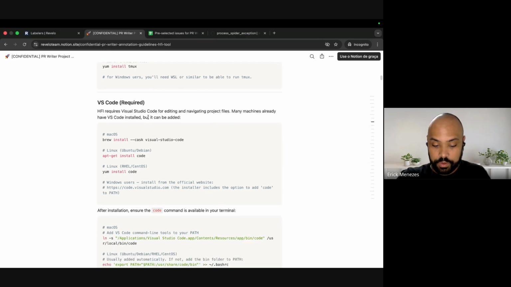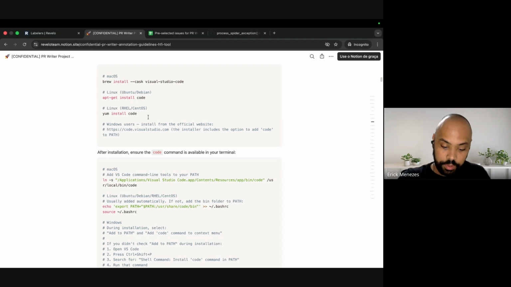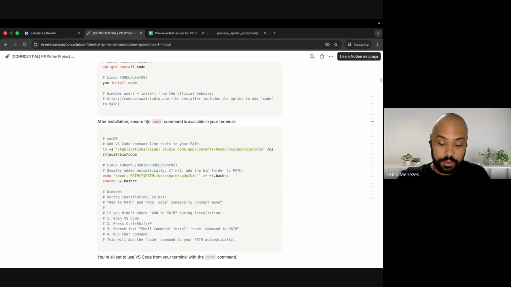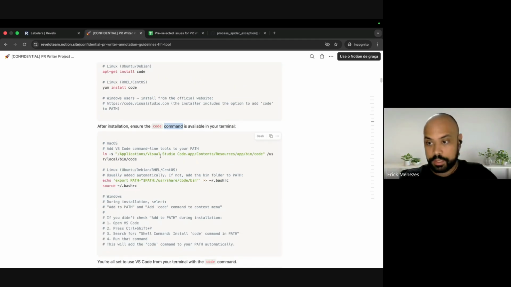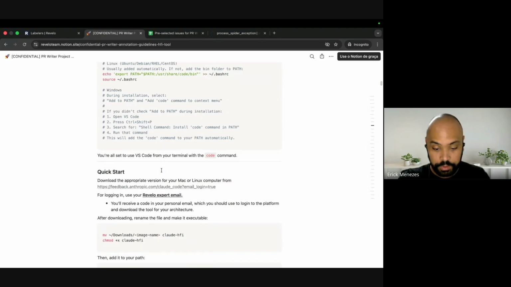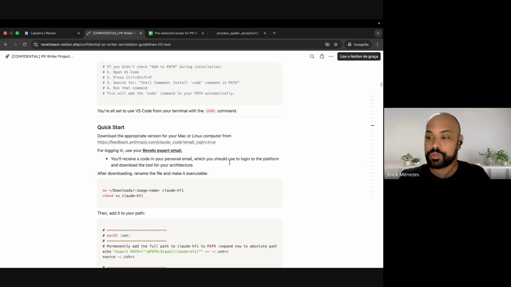You have to have VS Code installed, and one important note: your VS Code has to be available using the code command. Here we teach you how. In your command line, you can call code and a directory on your machine, and it will open it. These are the basic steps, and then you will have to install Claude Code, which is the model that we are training here with human feedback. In the guide, there's this link.